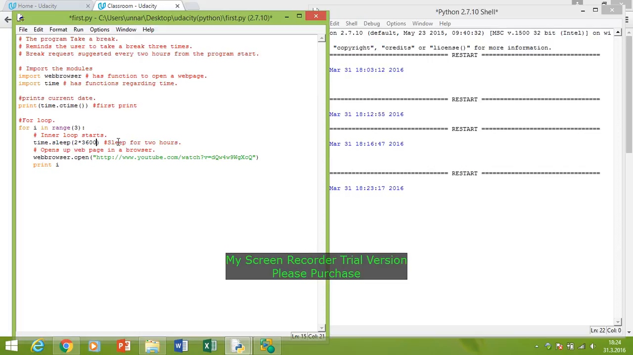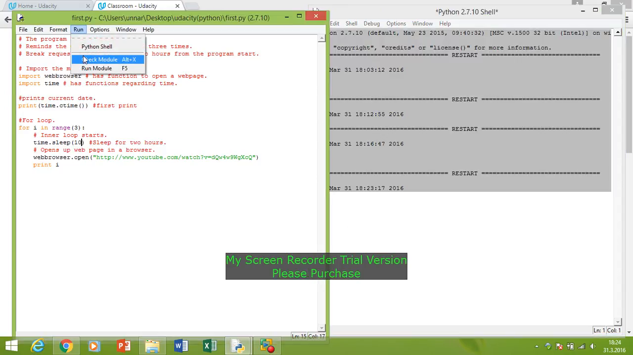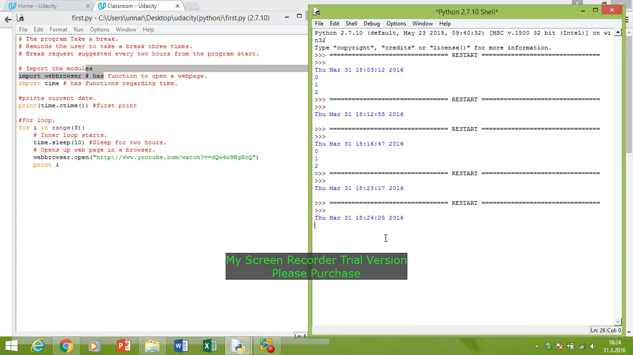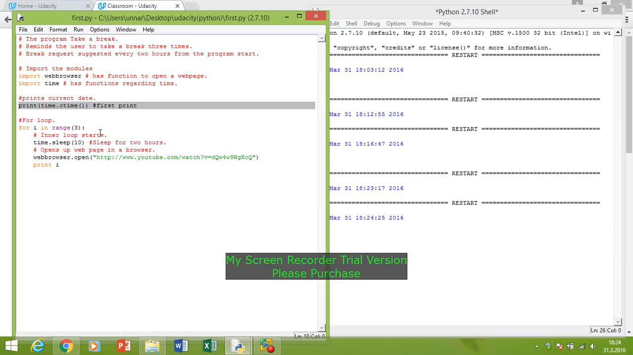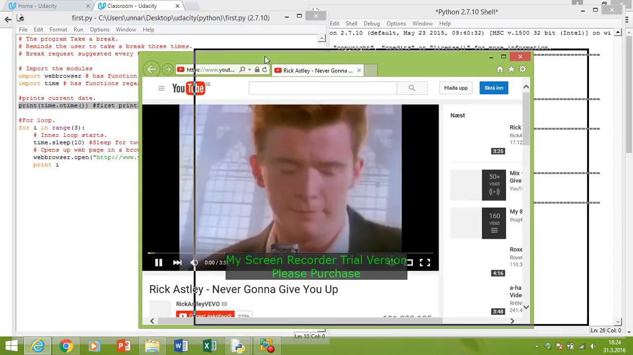So I'm not going to wait for 2 hours. I'm just going to wait for 10 seconds to demonstrate how this works. So I'll run the program again, and we've printed the current time. So now we're in the for loop, and what happens, it should wait for 10 seconds, and now it runs